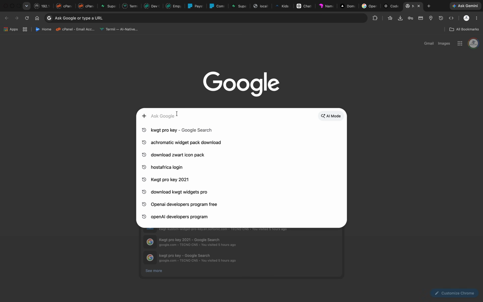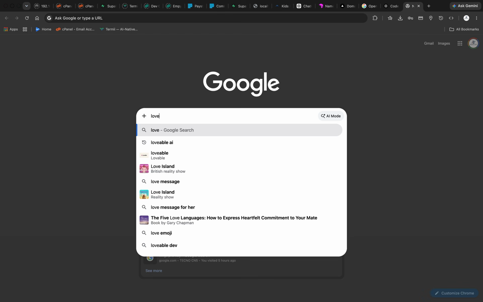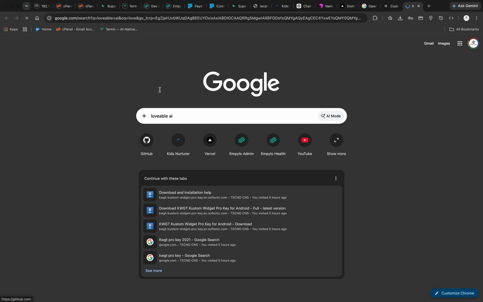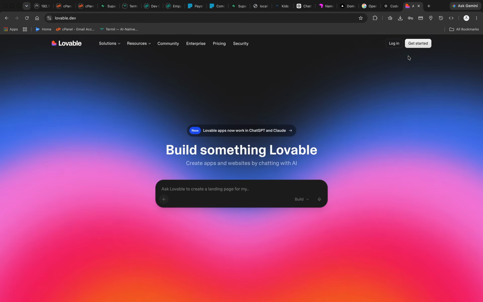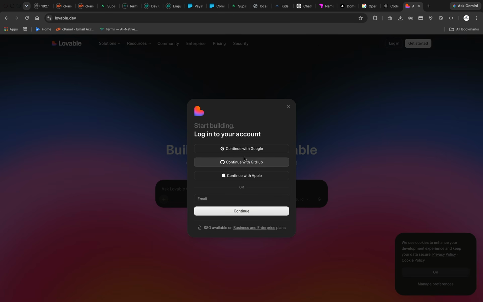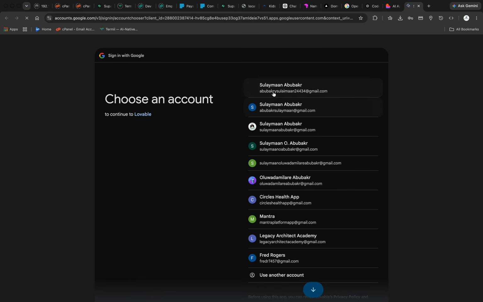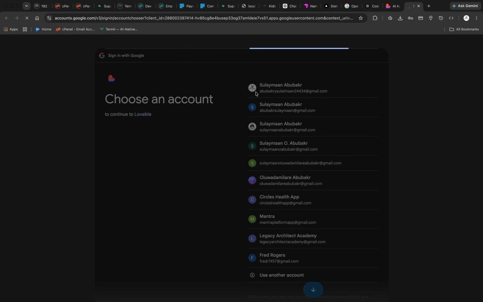So first we are going to go to lovable.ai, and as you can see here, this is Lovable, and I'm going to log in. I already have an account, so I'm sure you already do as well. So after you log in, you're going to